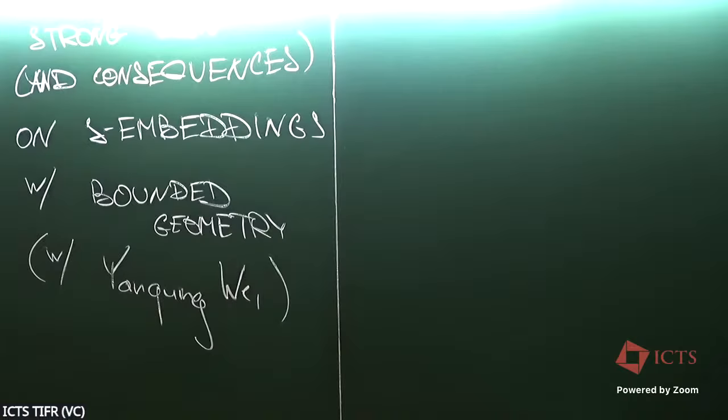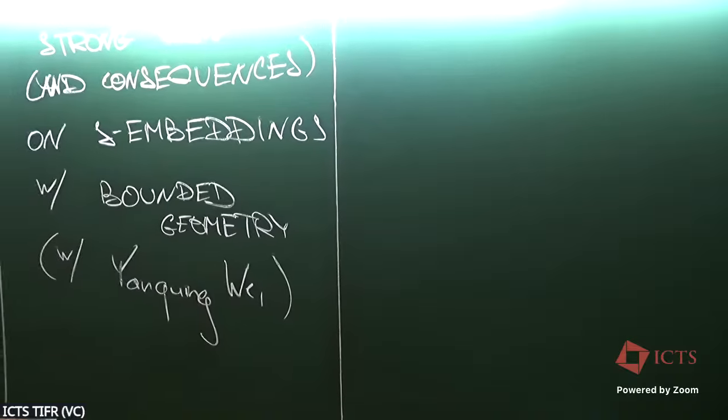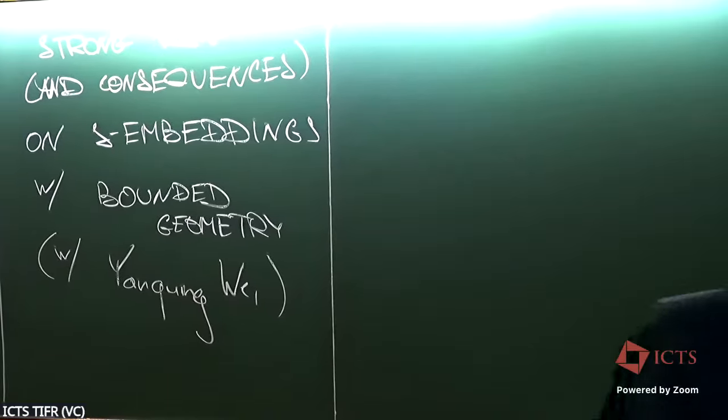So let me start a bit unusually. Let me start with just formulating the result. And then our goal will be to understand the notions in this result and hopefully some ideas of the proof. The proof is a bit technical. It follows a known strategy. However, there are some small improvements here and there. So I don't expect that we can go through the full proof, though okay, we'll see where we are.